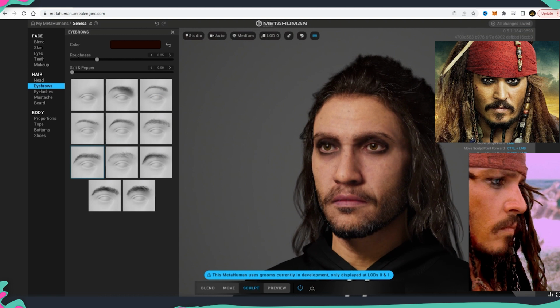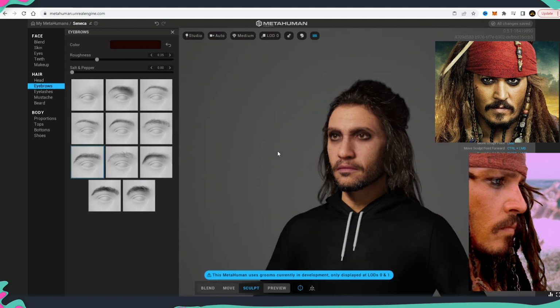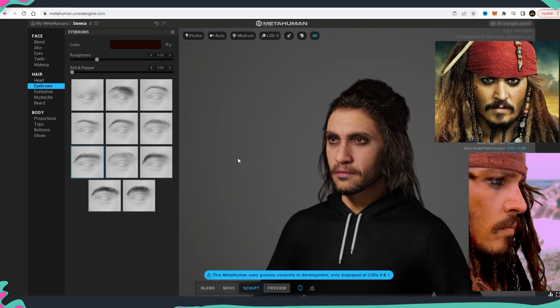All right, yeah, getting there. I would say we are quite close. After adding some of the decoration elements and also the dreadlocks, I think that we will get quite close to